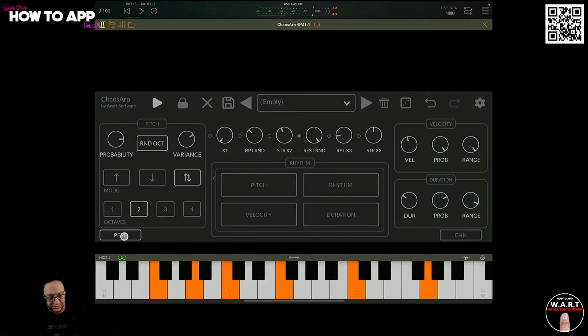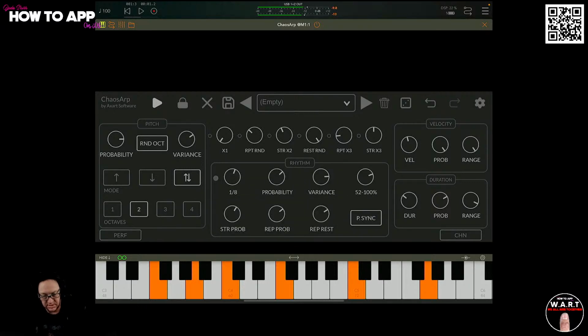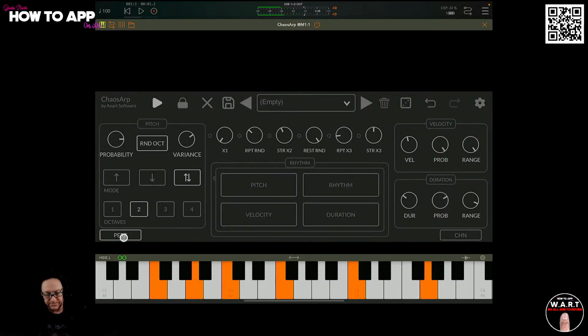We have a performance module down here. So this gives you the ability to live perform, and you can activate, which I think pretty much puts the rhythm up to like 100%. So if we turn this off and bring all these down much lower, and use this perform,